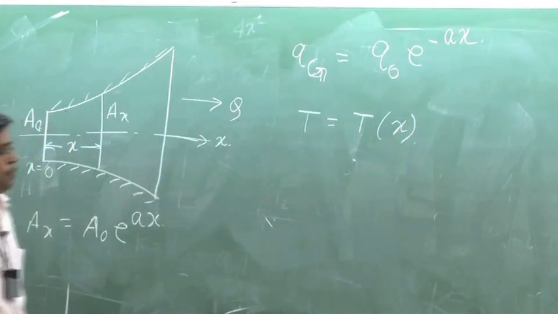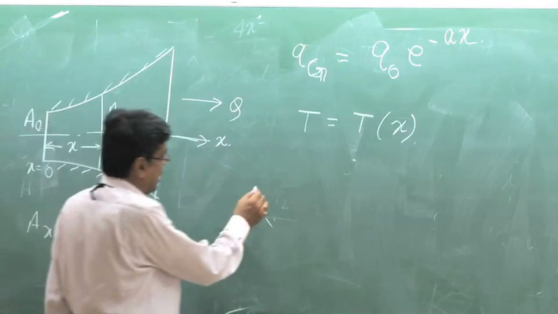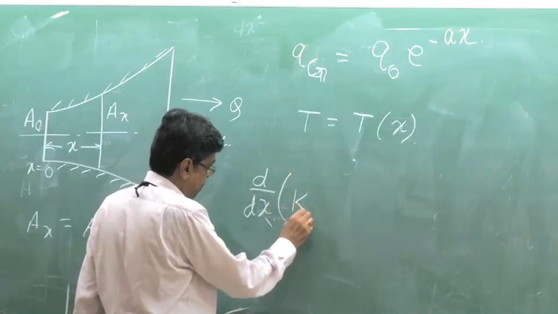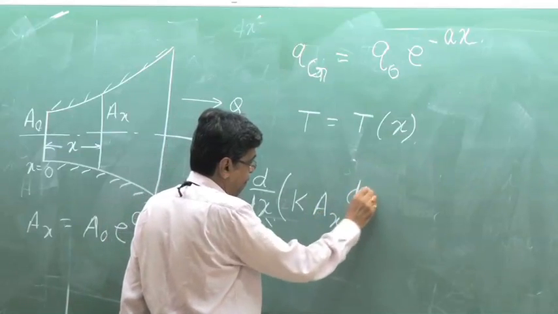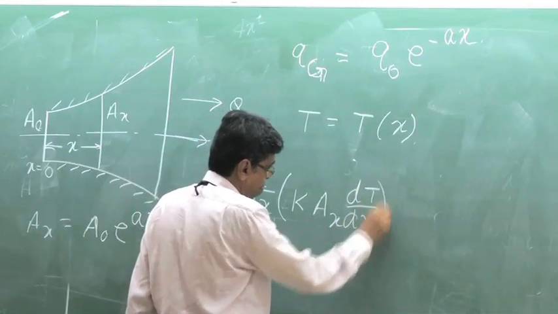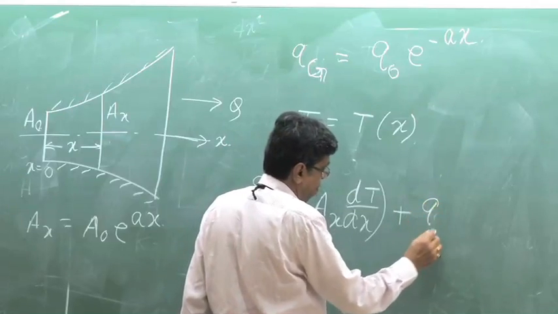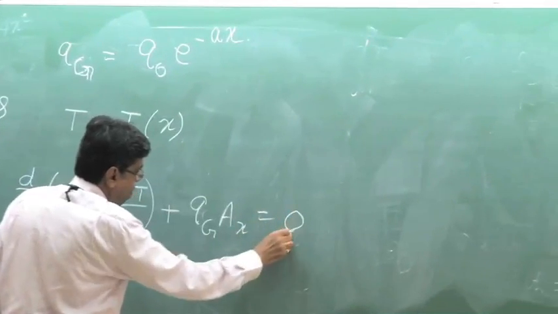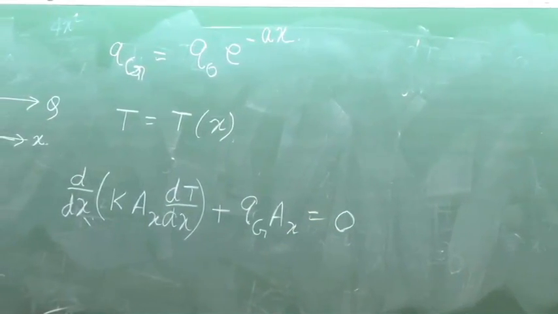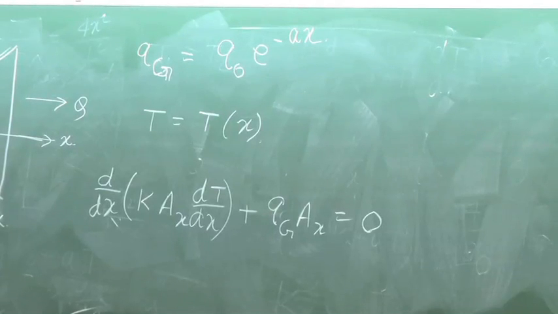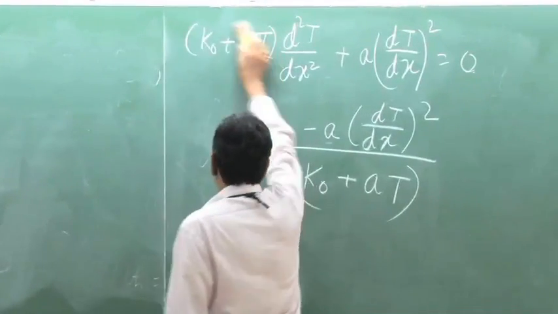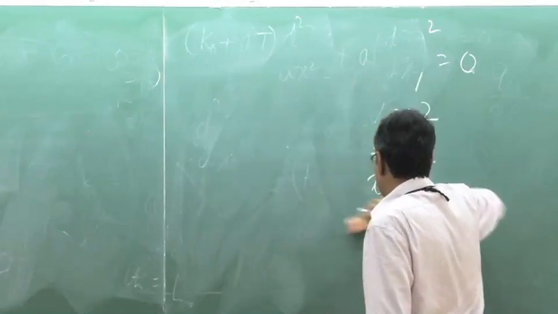Now again, the problem will start with the same equation as I told. When Qg is 0, that means there is no volumetric heat generation, then it is very simple,